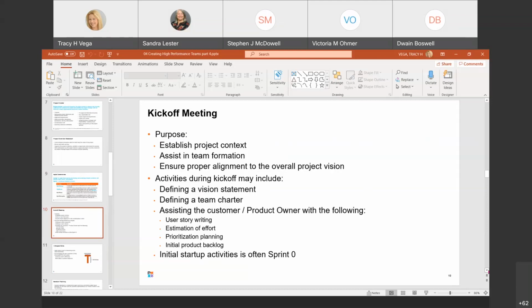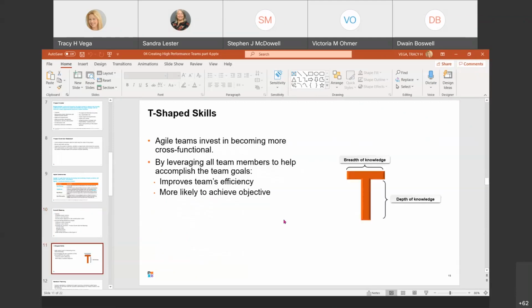So in doing that, we're establishing other initial startup activities that can be required, which is the sprint zero. These can include onboarding the team, credentialing, establishing environments and supporting communication tools, and a bunch of other activities that can ensure the teams are in place and ready to work on the initial objectives. I said a lot of mouthfuls. If you have a question, just stop me for a second.